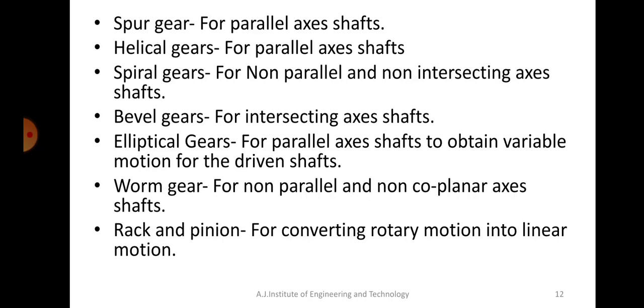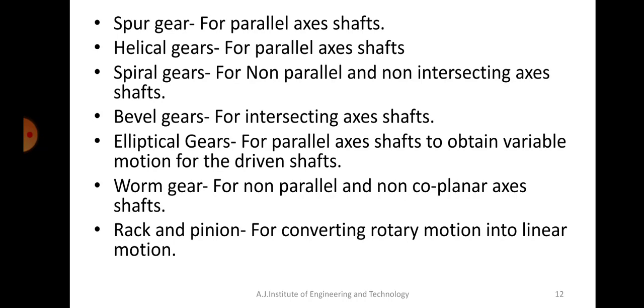Okay, as I mentioned earlier, we will have examples for each of them, right? So first, according to the classification, we had parallel gears. For parallel axis shafts, the example is the spur gear, where when the two gears are meshing with each other, the axes of the shafts will be parallel. Usually, examples of parallel shafts are helical gears as well as spur gears. You can see spur gears and helical gears are both examples of parallel axis shafts.